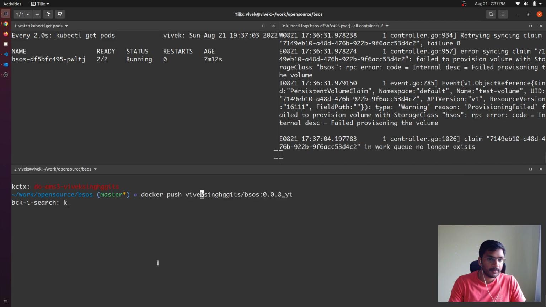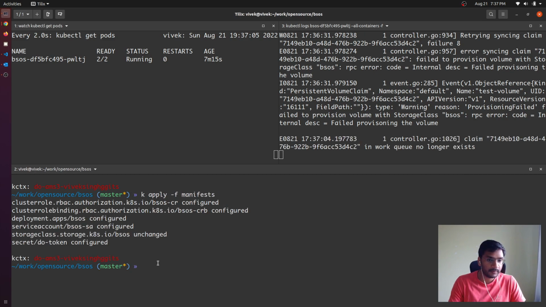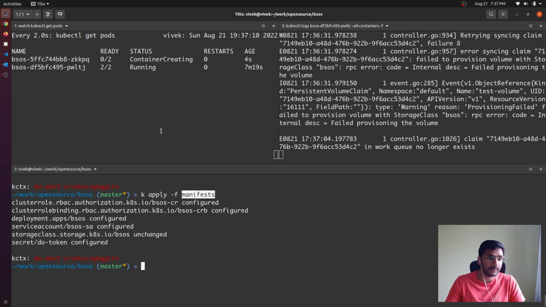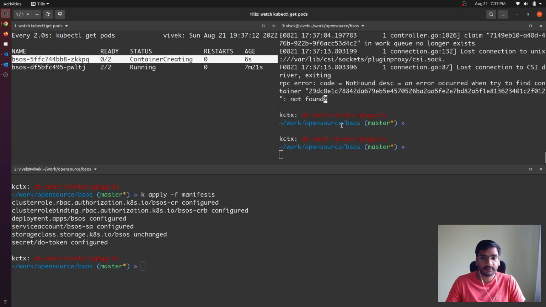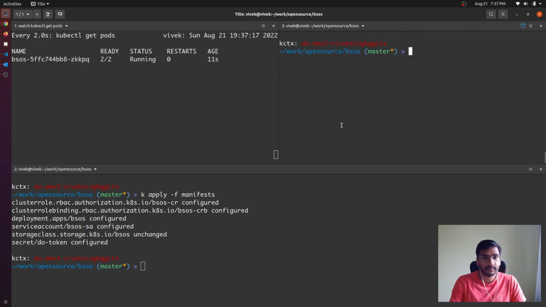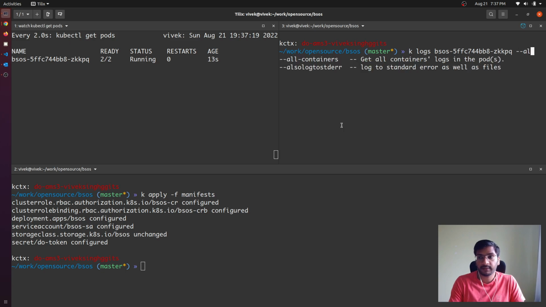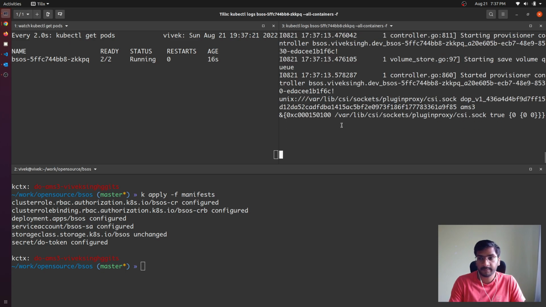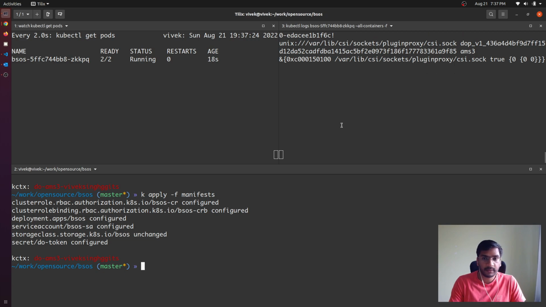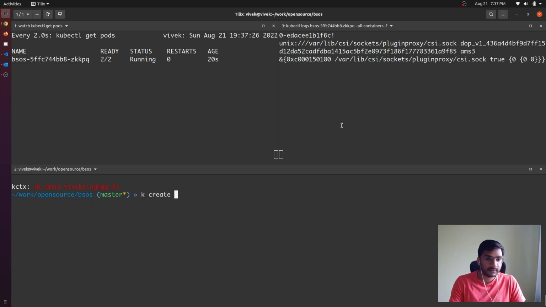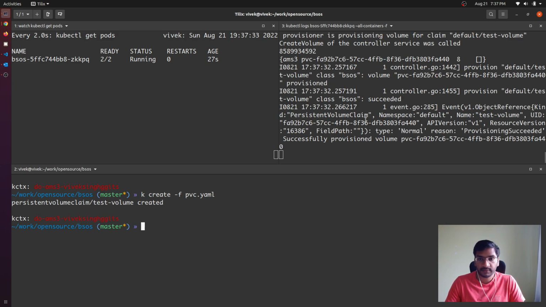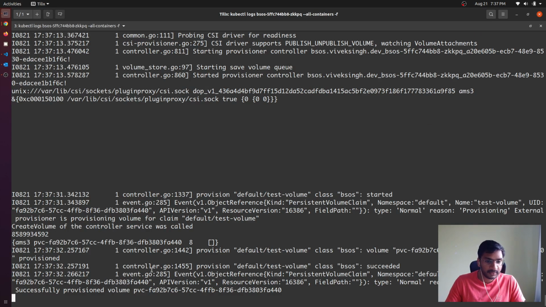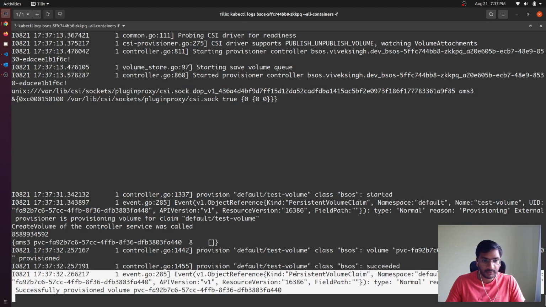So everything from this manifest directory is going to get applied, and we should get the new pod up and running. And let's go ahead and try to look into the logs, and let's create the PVC once again and see what happens. So if you see here, now it says successfully provisioned volume, and it looks like the volume has been provisioned